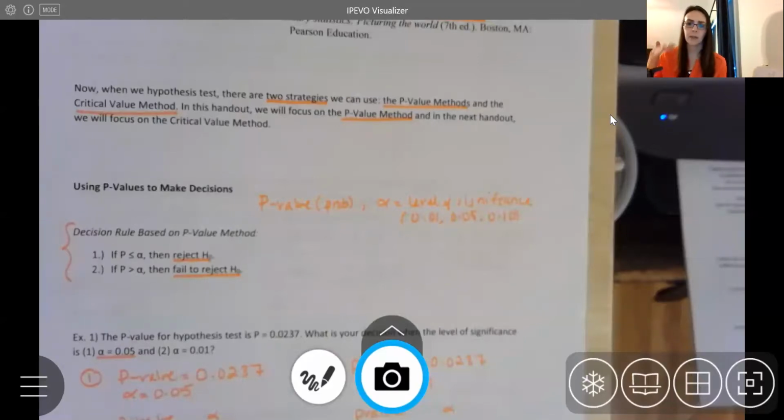Both of them start very similar. So you're going to see most of it is the same, but you'll see some different changes along the way. But we're going to start the same way there too, with still thinking about the requirement checks, also thinking about setting up our claim, our null, and alternative hypotheses. So those are all important steps no matter which method